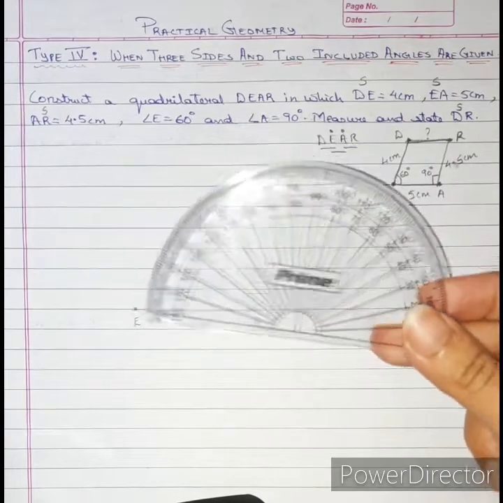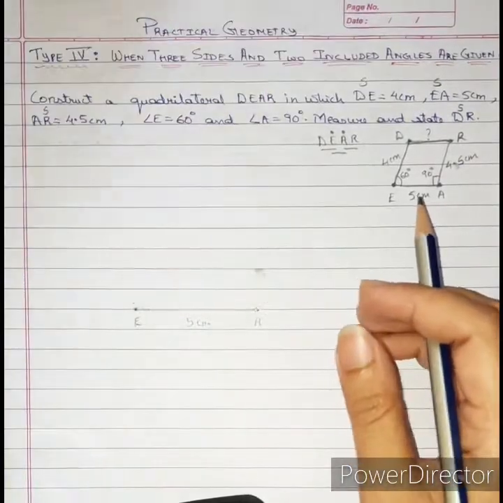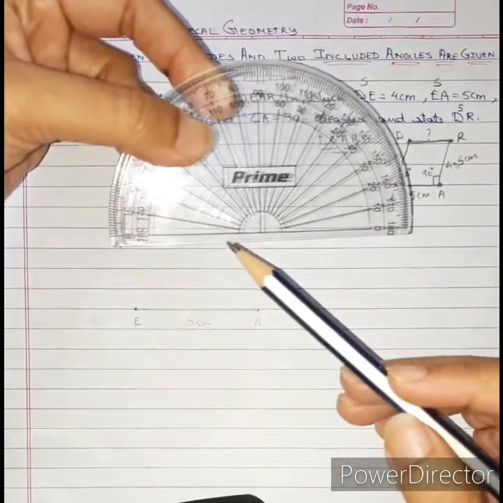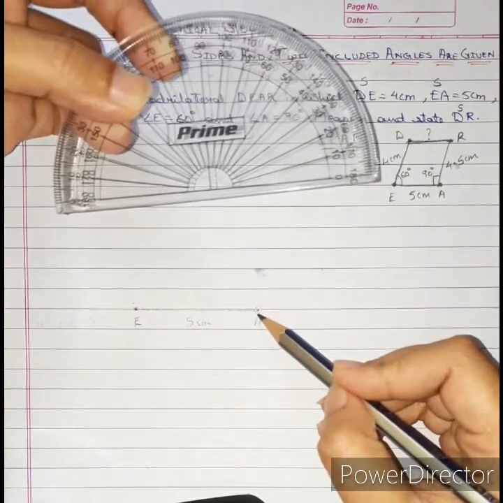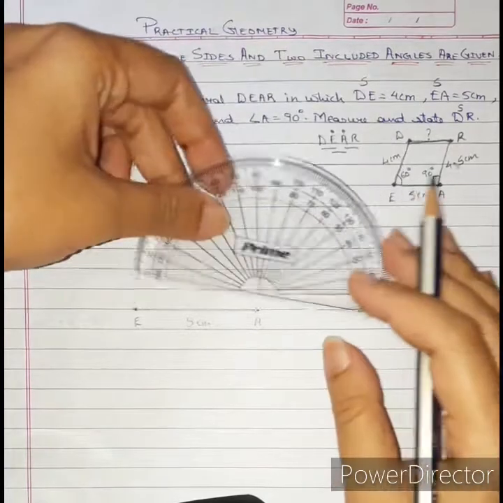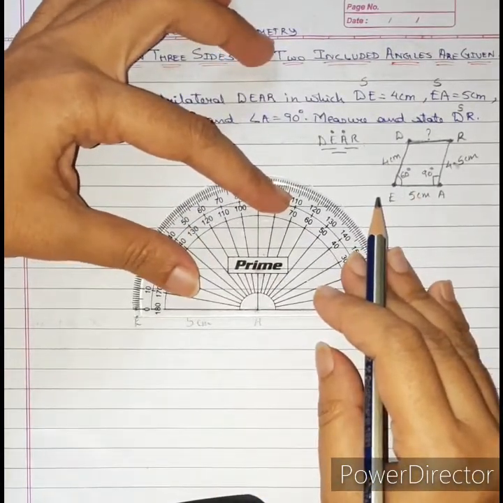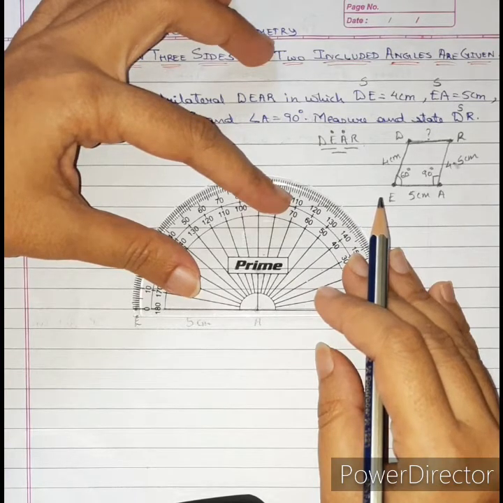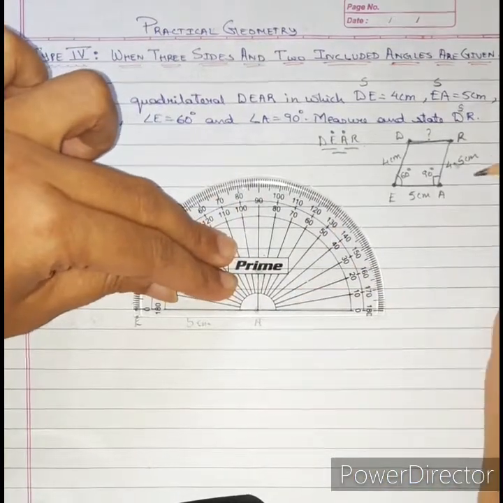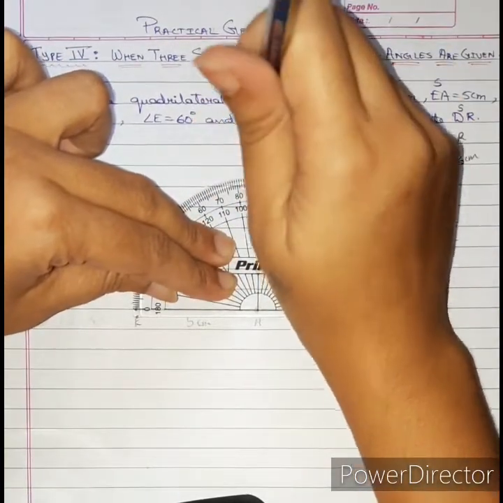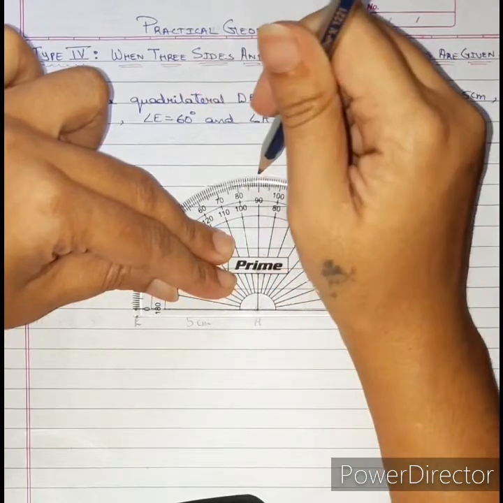Now let us go for 90 degree angle marking. We need a protractor for measurement of angle. So in the protractor there is an intersection point here. That point will coincide with the point A here. See that the line of 0 degree lies on the line which you have drawn, EA. So place it properly first, hold the protractor. We need 90 degrees, so exactly on top you mark 90 degree.